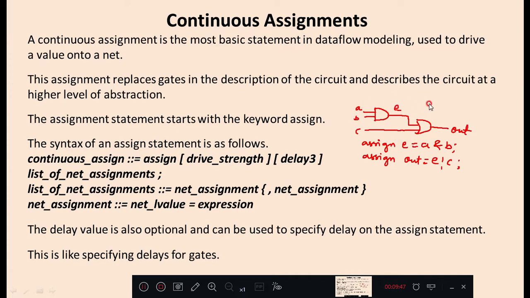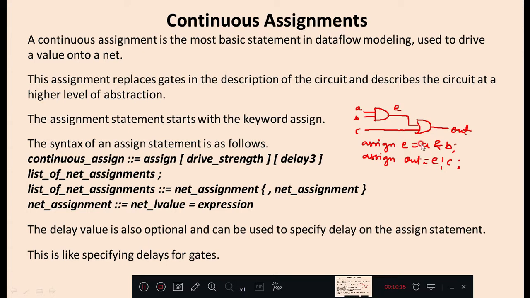So if you consider this example again, on the right hand side if you observe, you have got an expression here, A and B. A and B are net type, and the resulting value is also 1 bit. So it is a scalar value, this expression is evaluated to a 1 bit value, and that is assigned to E, which is defined as wire or net.